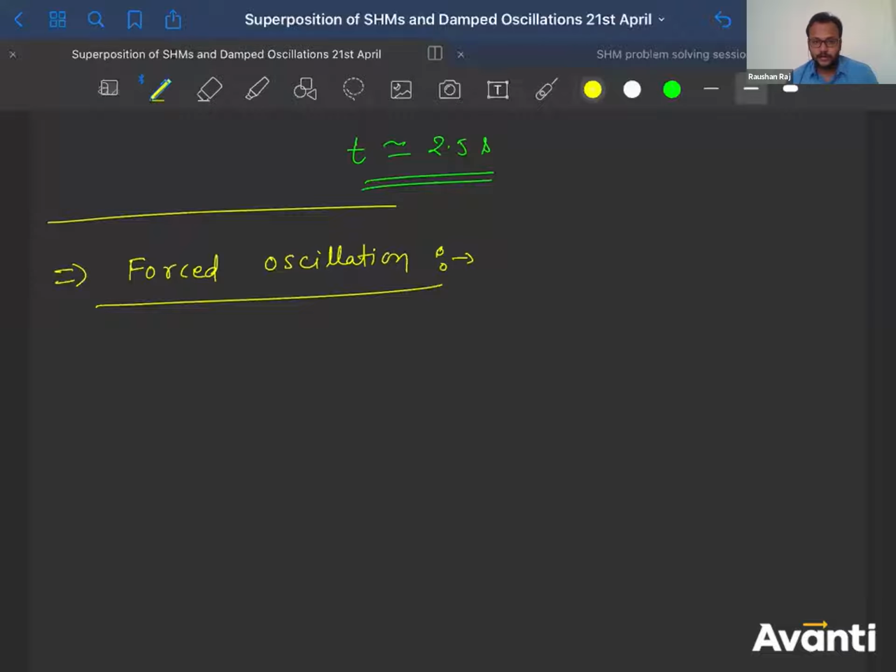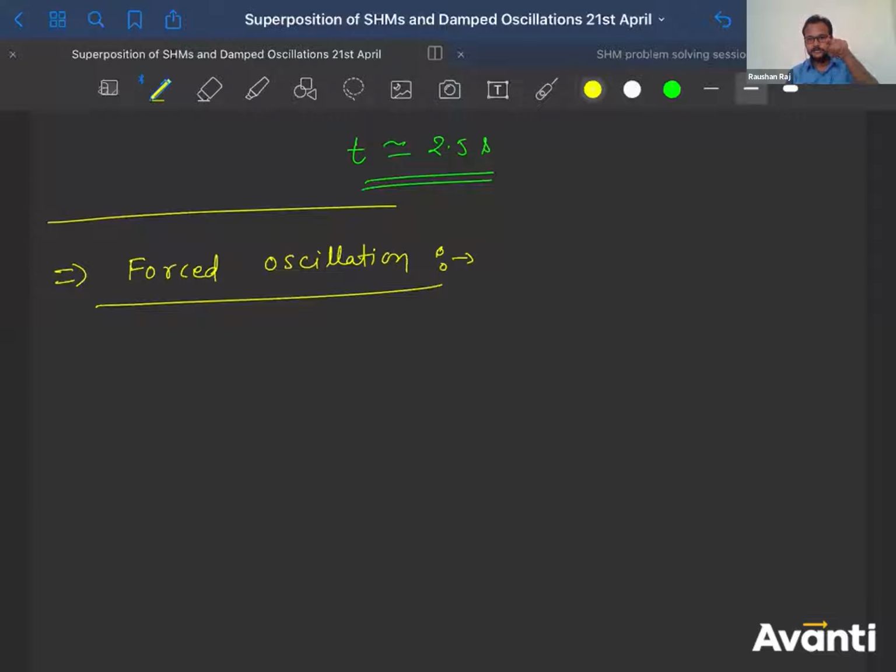To understand this, you can imagine a condition where I hope each one of you has enjoyed a swing in a park, in a children's park, or at your home also, right? Let us say you and your friend are enjoying that. You have gone to a park and you have seen a swing. Your friend is on the swing, and now you are giving a kind of push to him. Once he's oscillating like this, just consider a situation when it is coming like this, and then when it is going in this direction, you are pushing it.